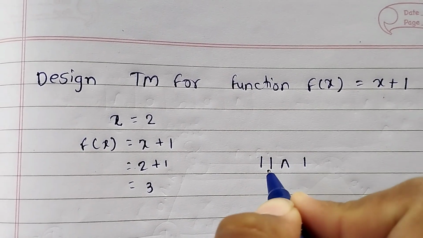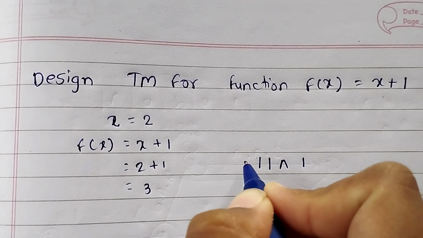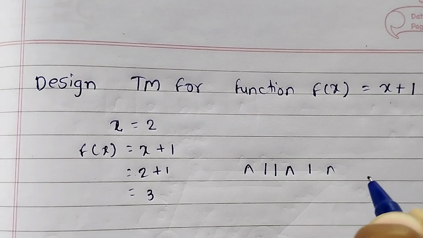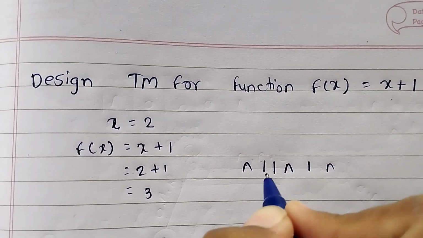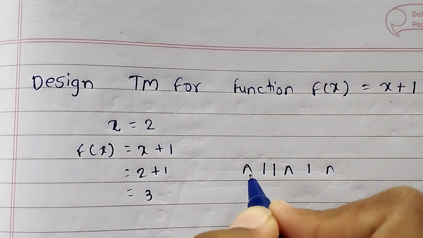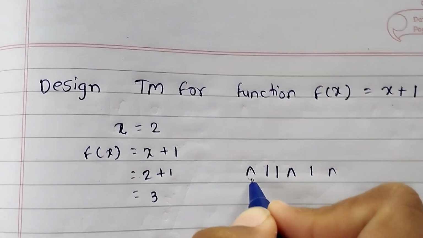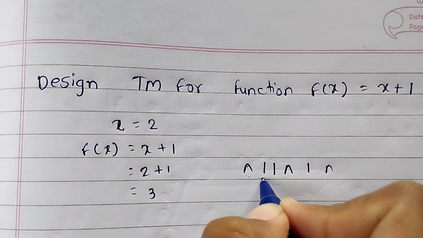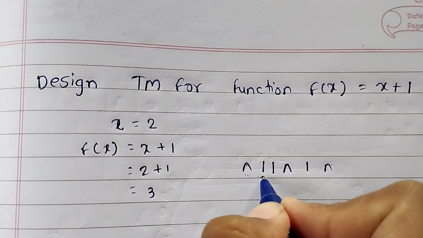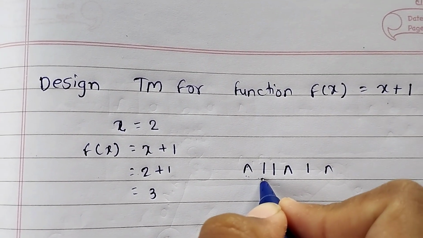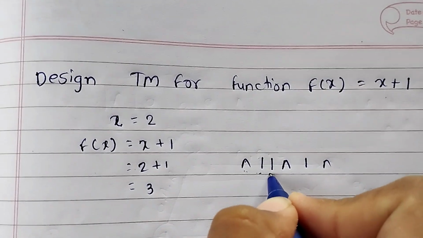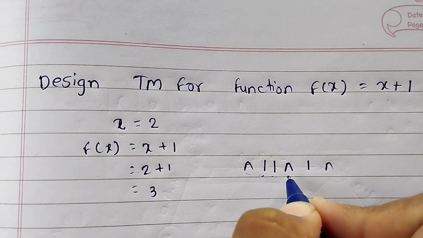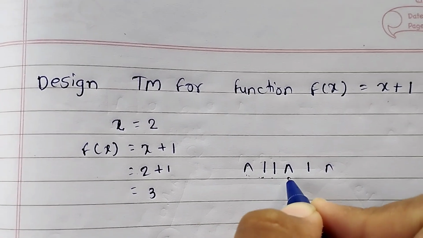First we start with the null. Initially one null symbol is present, and after the string also a null symbol is present. Then we start to travel from this null value. First we read the null, keep null as it is, move to the right. Then we read the 1, keep this 1 as it is, move to the right. Keep 1 as it is, move to the right. Now here we read the null, and when you read the null, convert this null